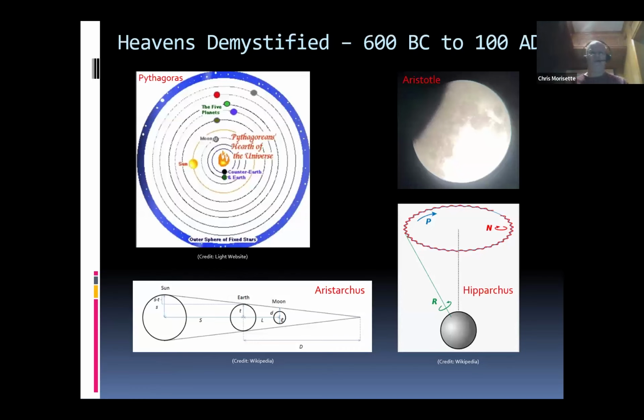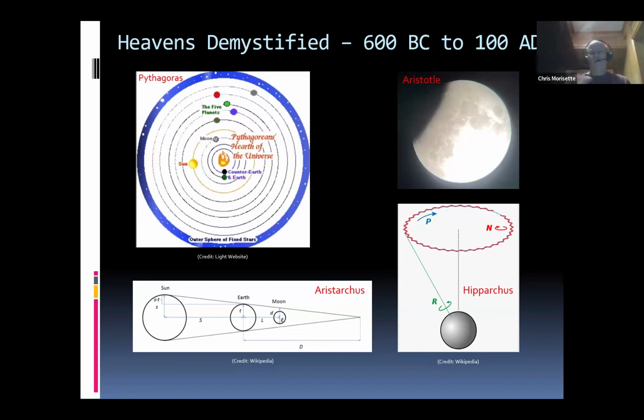Well, it was Pythagoras and his followers that actually came up with a proposed model of our solar system. They assumed circular paths for the sun, the moon, Earth, and the planets, and they also assumed that the objects out in space were spheres, including Earth. They could pretty well deduce that from looking at the moon. The sun may be a little bit more difficult, but through a solar eclipse they could probably deduce that as well. And then the five planets, although they were looking at those naked eye, they assumed those were spherical as well.